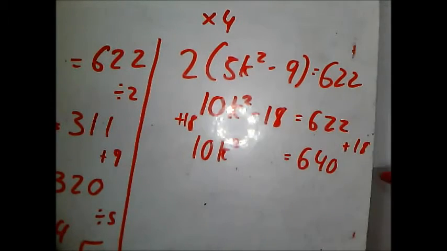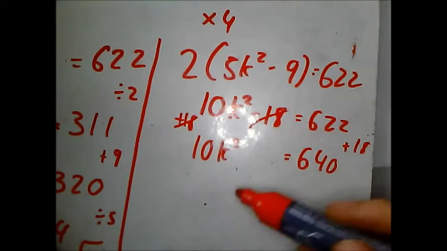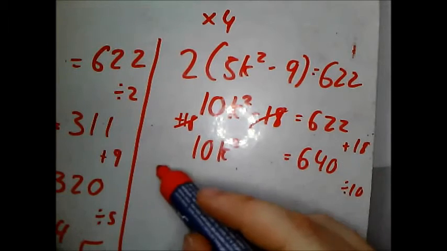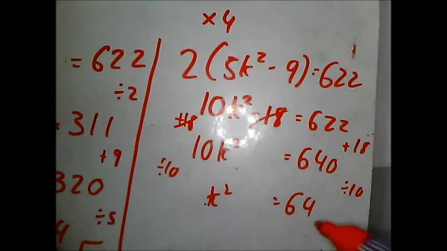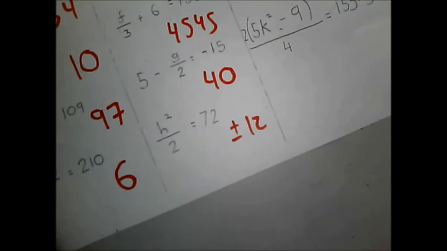So now I'm going to get 10k squared equals 640, because I want to add 18 to both sides. And now divide by 10, and I get k squared equals 64, back to where I started. So square root both sides, I have k is equal to positive or negative